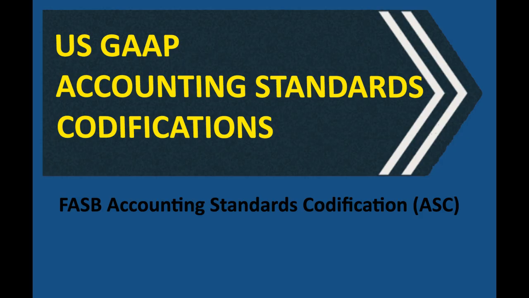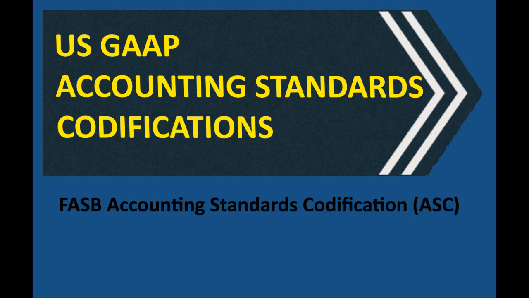Before the codification came along, the world of accounting standards was, well, a bit messy. How so? Well, think about it. It was kind of like having a bunch of different dictionaries all defining the same word, but sometimes those definitions had subtle differences. Leading to a whole lot of confusion, I imagine. You got it. So the codification swooped in and brought everything together under one roof. It created consistency. So it was a big simplification effort.